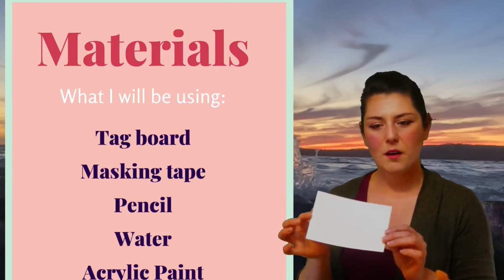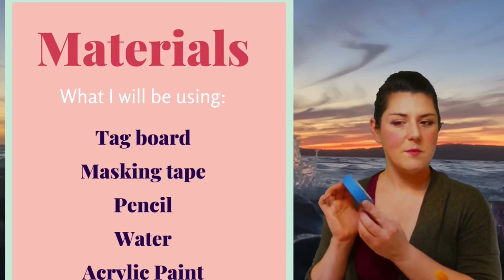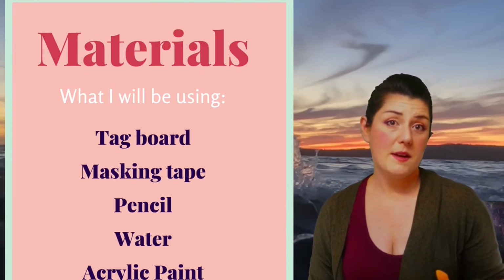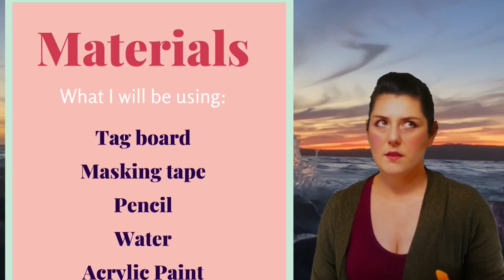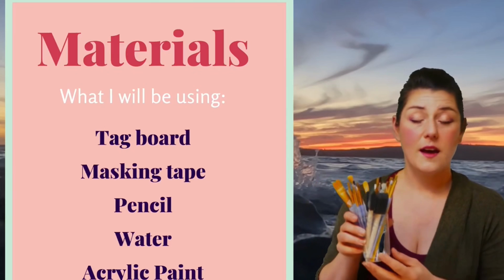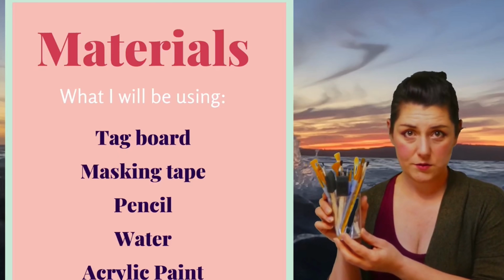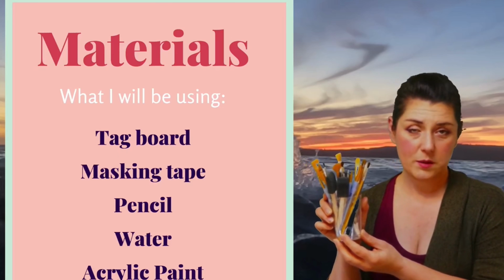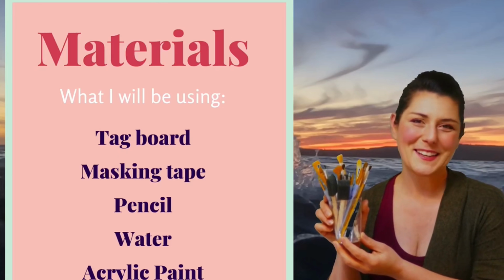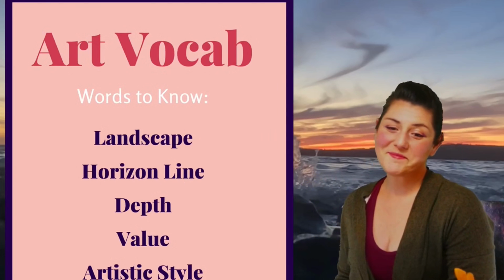This is a small pre-cut sheet of tag board. My favorite, masking tape, number 2 pencil, acrylic paint, a watercolor, or maybe a tempera paint. Those will also work. I am using water as my solvent. It's not on the list, but I will be using a paintbrush, not my hands or fingers, or a Q-tip. I might get paint on my hands, but it's not going to be intentional today. Well,